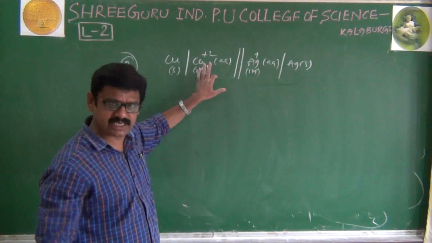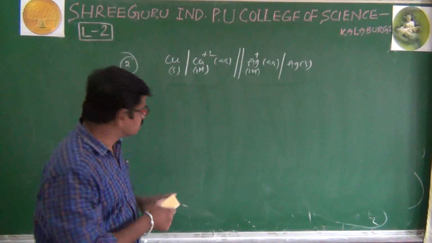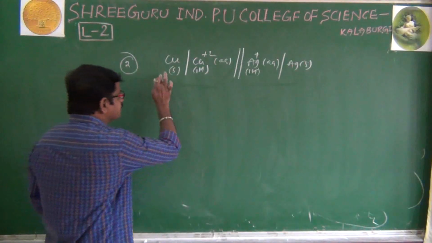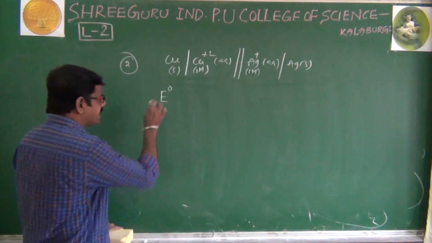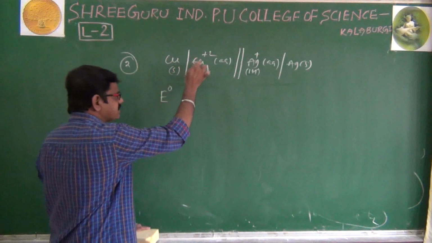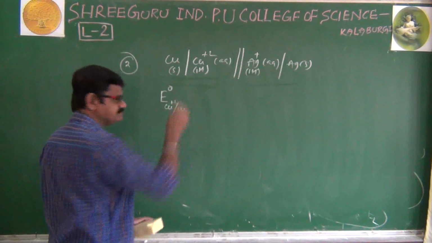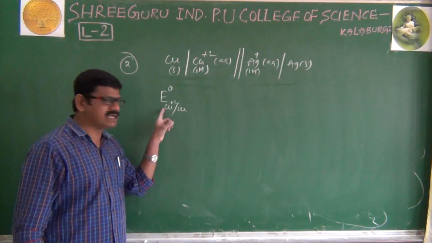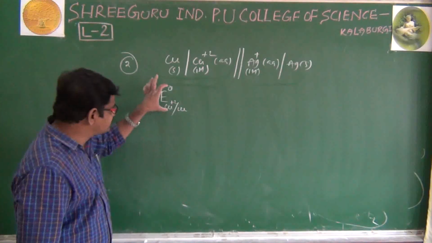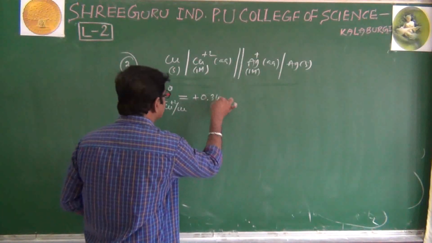Next, this question is of course incomplete because the standard values of both half cells should be given. Therefore I am giving the E naught here. Again, an important point: even though copper is undergoing oxidation, I am using the reduction potential only, the standard one, because the concentration is 1 molar. The symbol E naught Cu plus 2 oblique Cu indicates Cu plus 2 converted to Cu, nothing but a reduction. Therefore it is a standard reduction potential value equal to plus 0.34 volts.